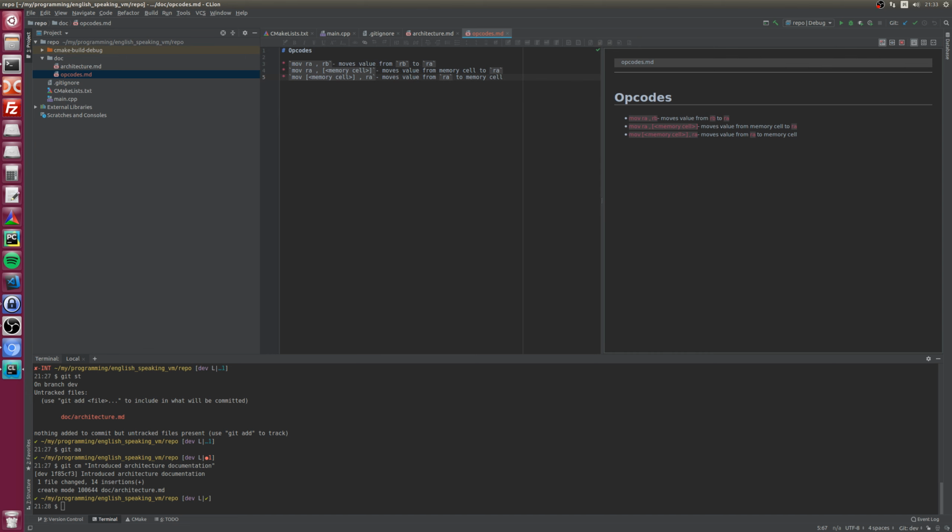And in x86 we don't have an instruction to move a value directly from one memory cell to another memory cell, so I won't implement this now in this virtual machine. But yeah, maybe some other day.